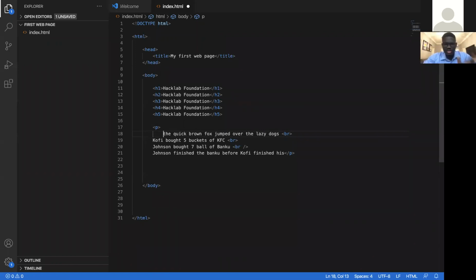You can put a tag within a tag as long as it can go there. Like you can put an HTML structure tag into a paragraph tag. It doesn't make sense, but yeah, most of them work together. You can put some inside others. So